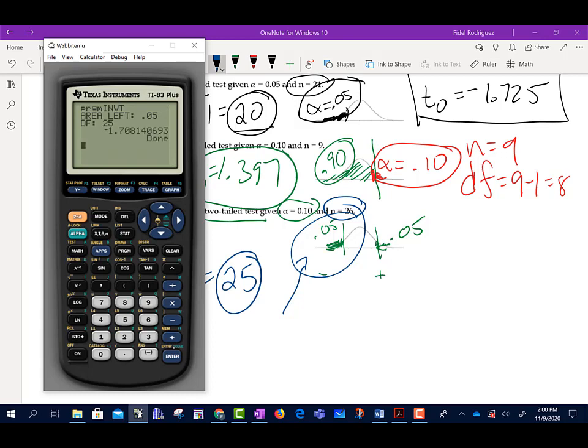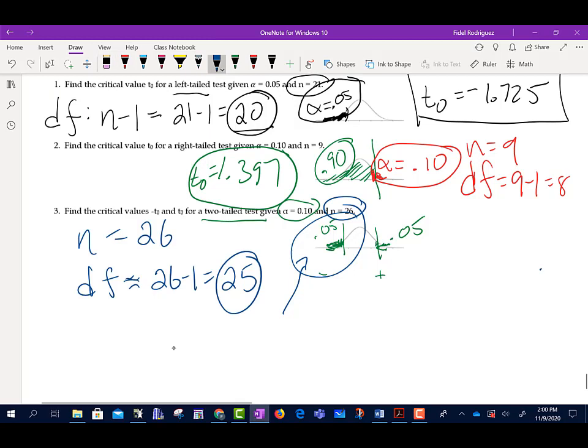So remember, we said we're going to get two answers. One of them is going to be negative, one's going to be positive. So negative 1.708, excuse me. So this one here is negative 1.708, and this one here is a positive